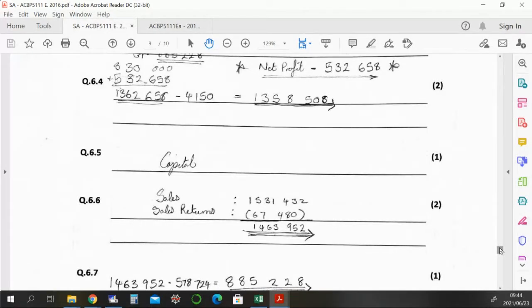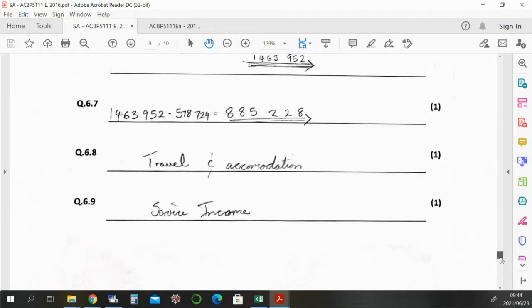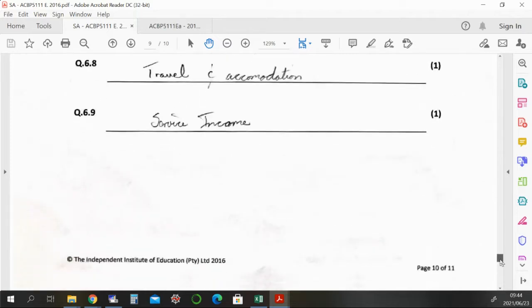side in the profit and loss. So let's go and look for an expense, 29,000. How much did I say? 29,000, how much? 382. So 29,382, that is your travel and accommodation. So that's your answer for 6.8. Let me scroll down a little bit. Okay, so yep, travel and